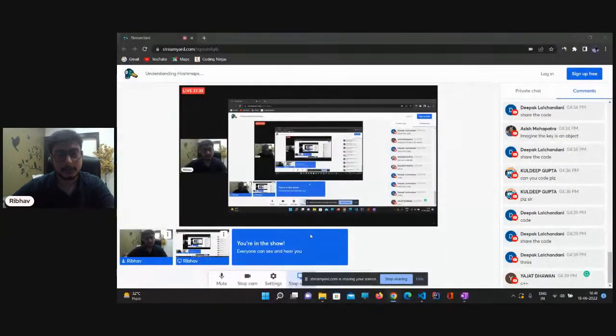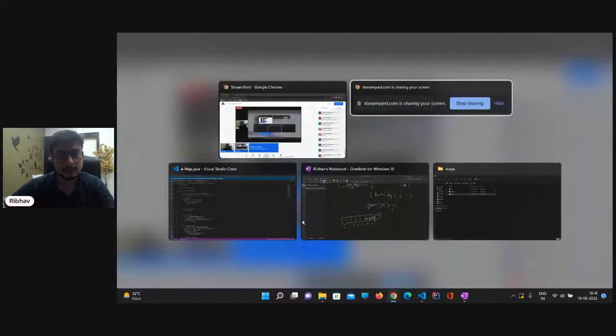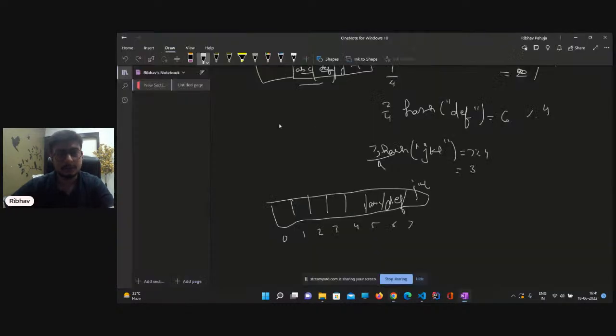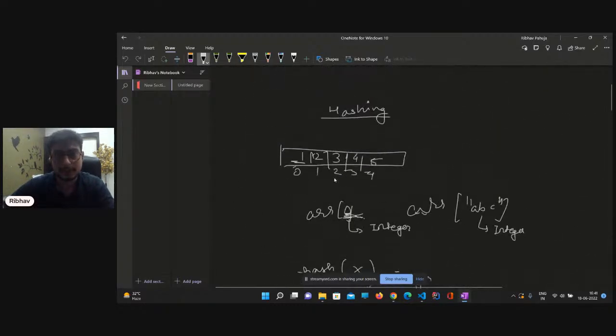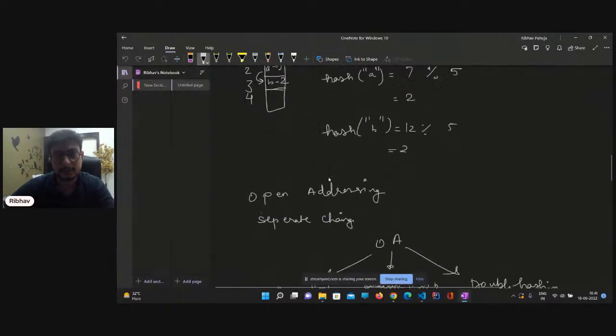I hope my screen is visible. So essentially, what we are trying to store in buckets is basically this.